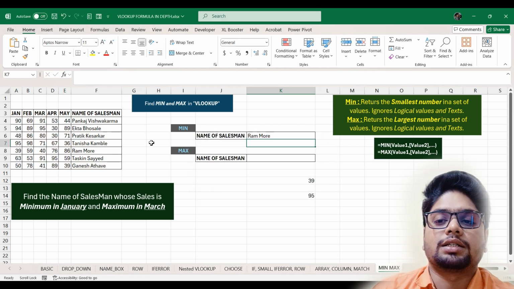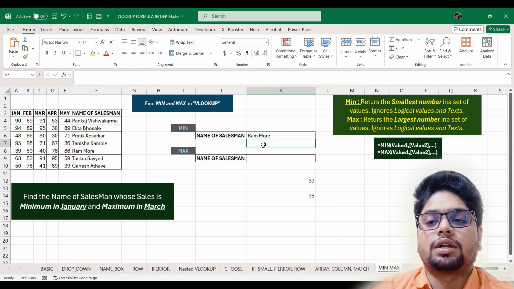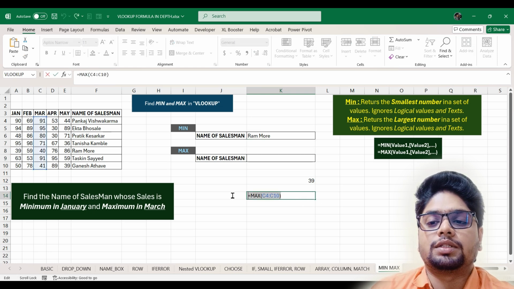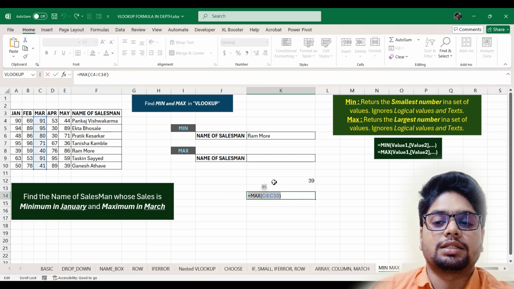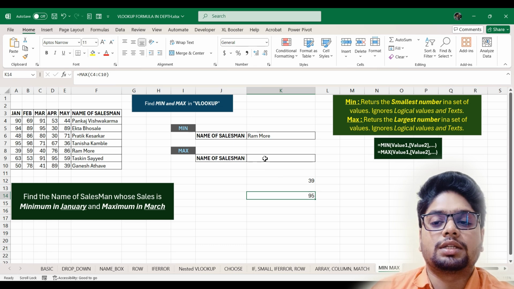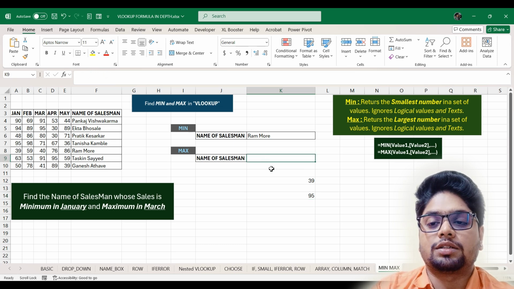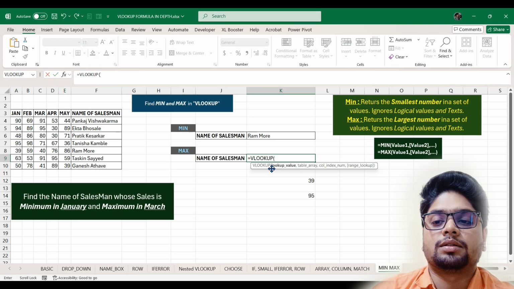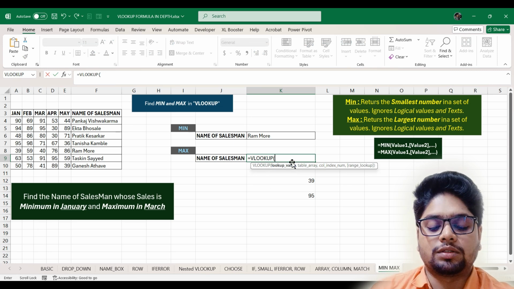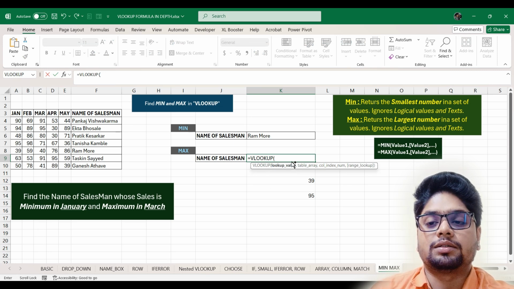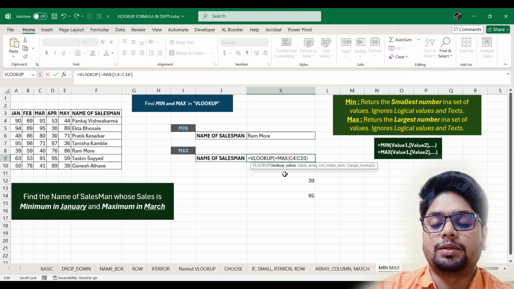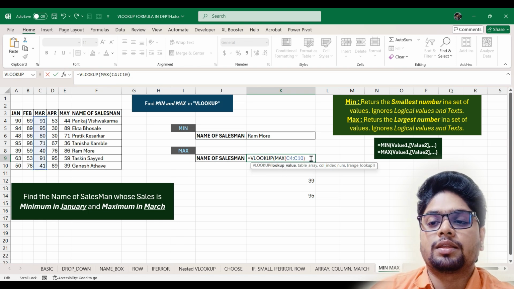Again press enter, Excel will close brackets automatically. So Ram More is the name of the salesman who has the minimum in January. Now we are going to find this maximum. I'll copy this formula, Control C, and press escape to come out of the cell. Now I'll press equals VL, press tab to select, and the lookup value is this maximum function. So I'll remove this equals sign, press comma, and our table array is, this is our March,